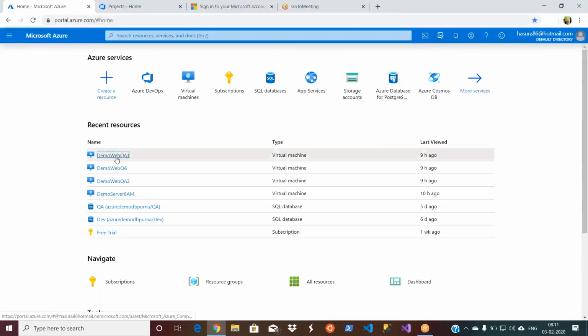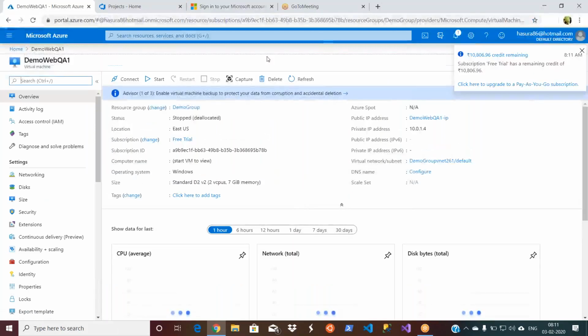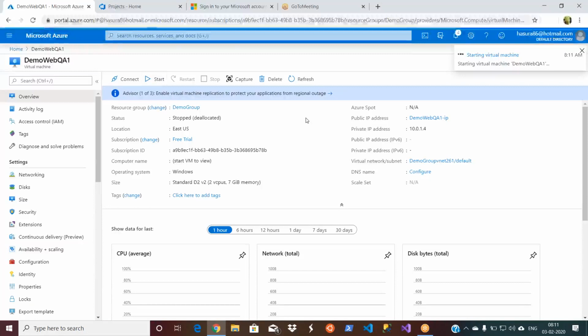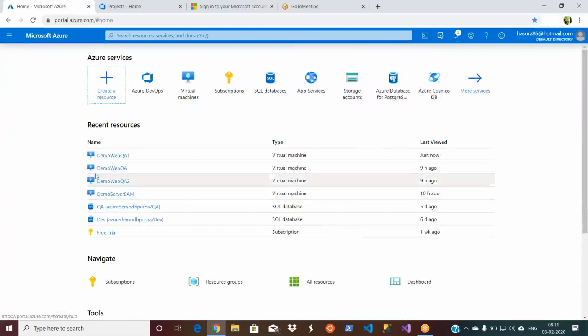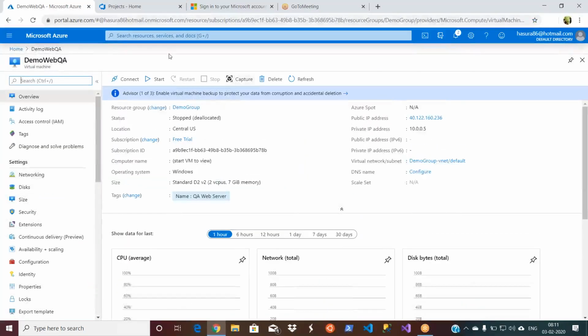So I have a demo web QA1. I mean, we created this one last week. Let me start it. Okay, let me go home and let me start demo web QA. Start.